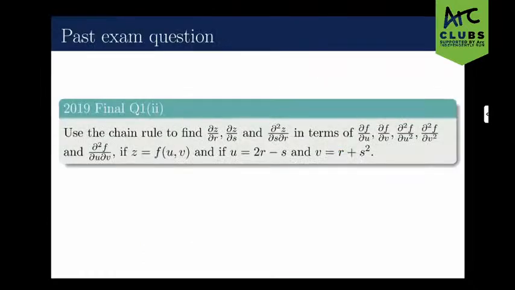So use the chain rule to find these three things in terms of those. I guess this is just more practically how people like to think of it. So you can do it using that matrix multiplication. So I guess generally if we have a function from, let's say, Rn to R,